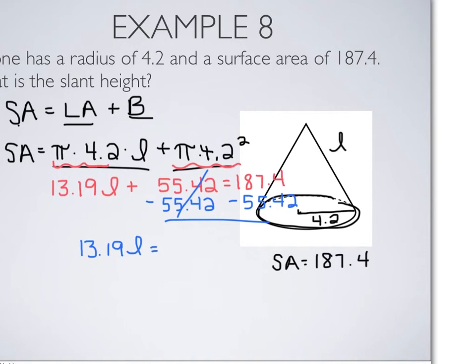It's 131.98. Okay, divide by 13.19. And that's going to give me my slant height of